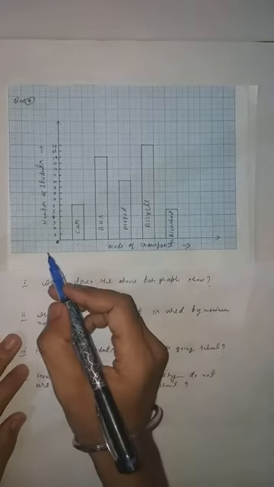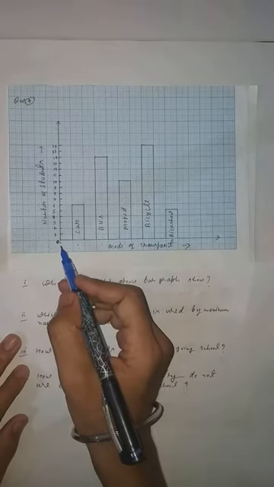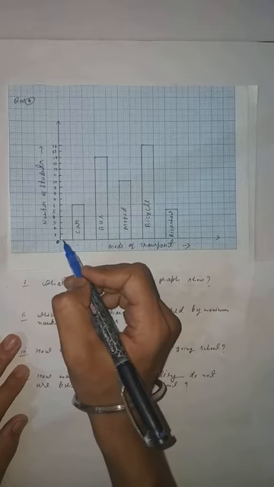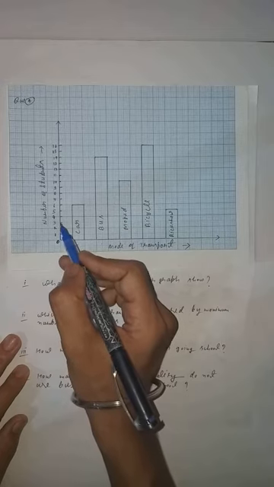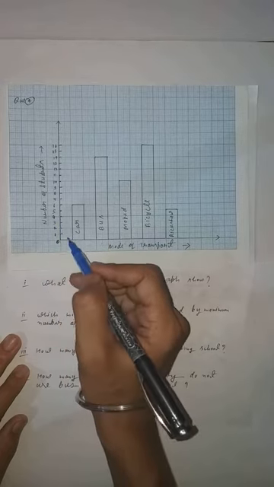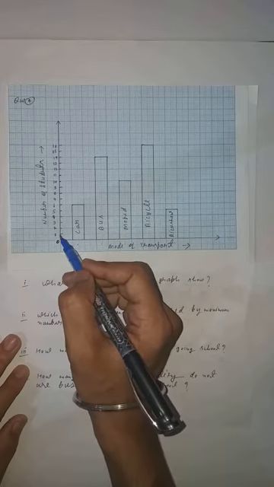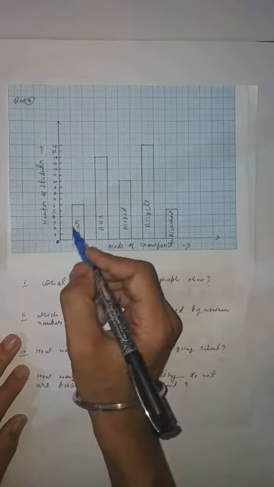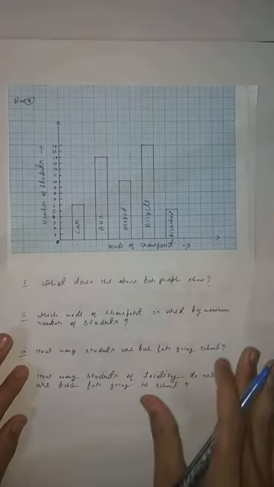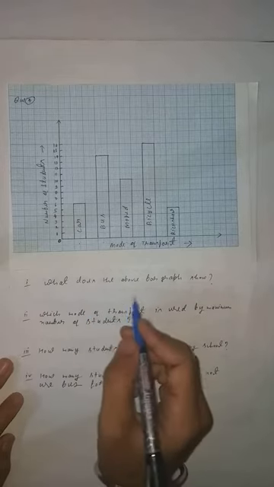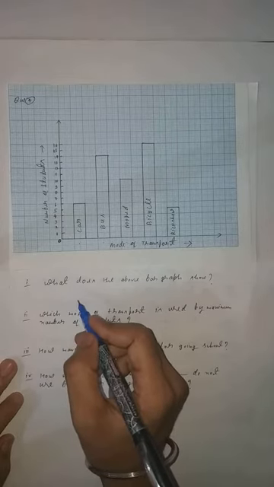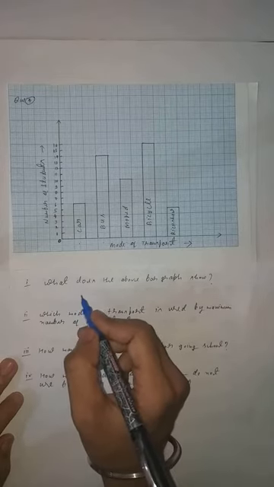Here also you will start from the origin. And here you will start from 0. Acha, here the scaling is what? 0, 1, 2, 3, 4, 5, 6, 7. It means you are using 0, then 1, then after 1, 2, so the scaling is 1. Clear, students? You have to draw the bar graph very carefully, students. Otherwise, mistakes will come.